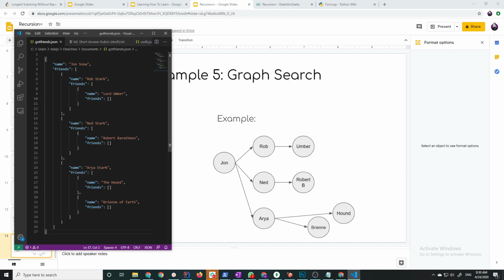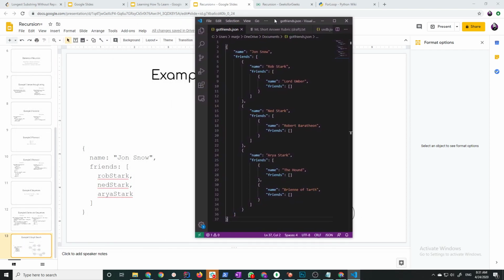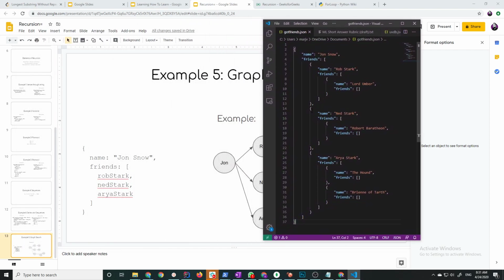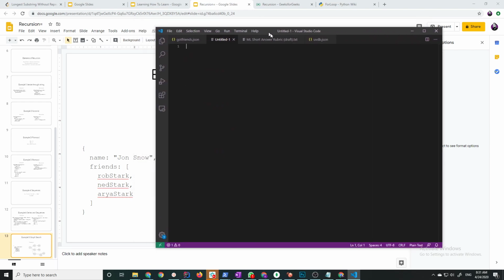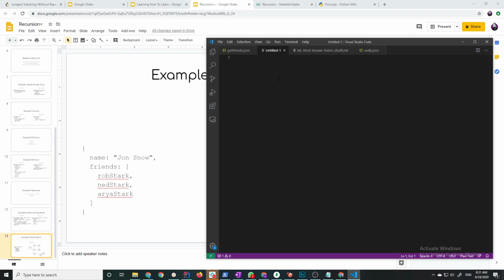And so what if you're given a tree like that, and you want to see if the Hound is anywhere in the tree? So you would write an implementation like this one. I'm going to go ahead and write it live. So let's say def find_friend_in_tree,